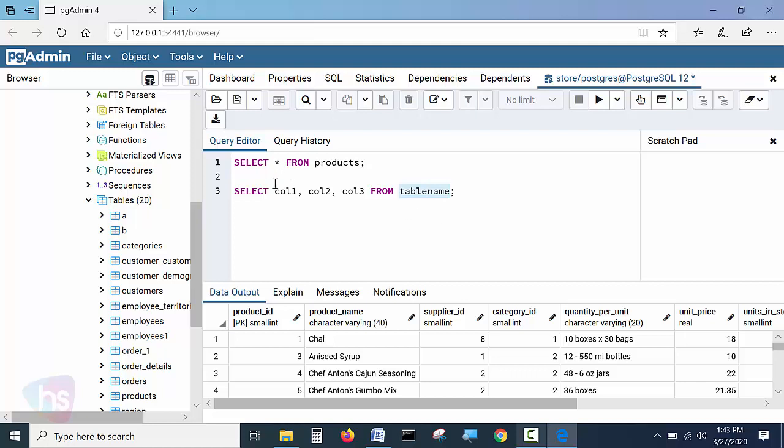Also here you see the two statements and the differences between them. In this one, I am specifying exactly which columns are required from that particular database table, whereas in the first statement, I am indicating star instead of specifying individual columns.